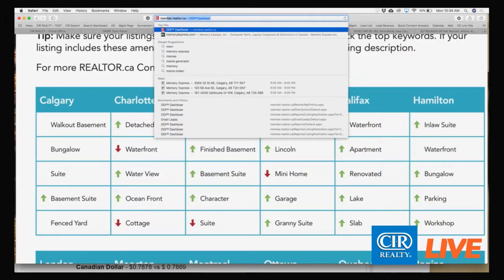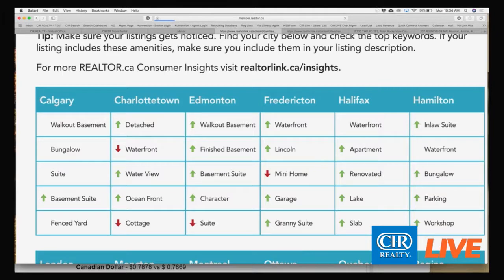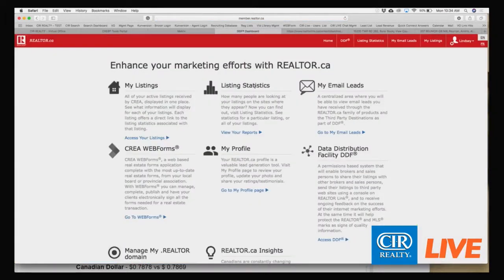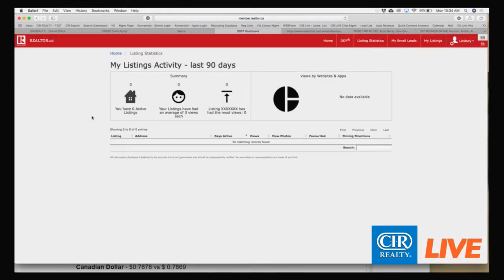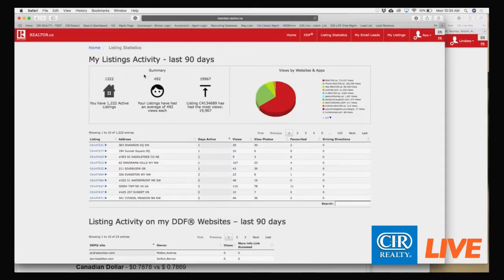So this is member.realtor.ca. You can go on to listing statistics, and I missed this, so I want to go back. And you can go to view your reports, which you can see that I have no listings. So I'm going to go to the brokerage's portal, and you can see we have a ton of listings. So I'm just going to pick a property here, and this will have all your stats for everything.